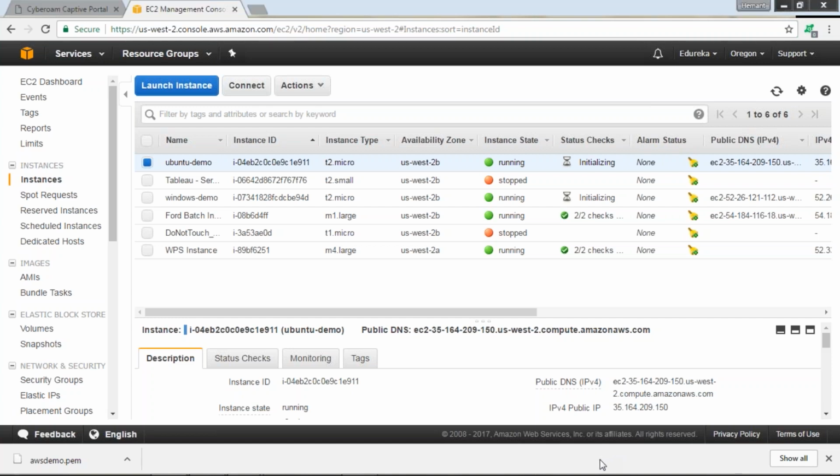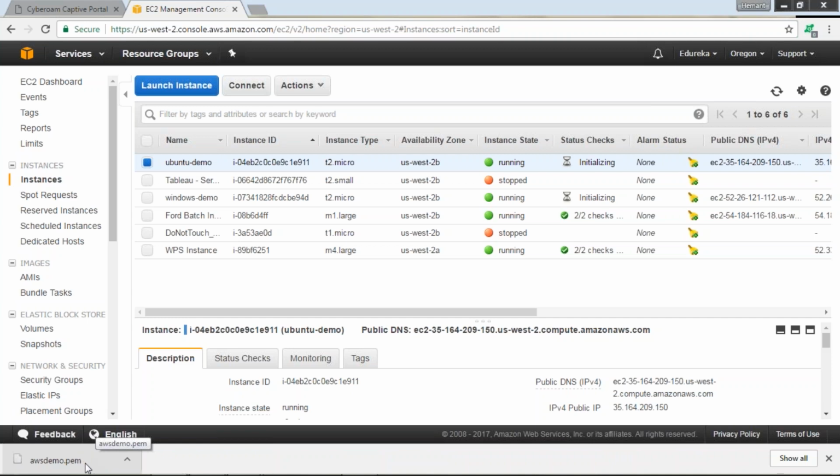But if you're connecting to an Ubuntu instance, since it's a command line operating system, you have to create an SSH connection using Putty, which is a software, right? So you'll be downloading Putty and Putty Gen. In Putty, you cannot use the PEM file extension, which is there for your private file. So you first have to convert this PEM file extension into PPK. That can be done using the Putty Gen software. So I will teach you guys how to do that.